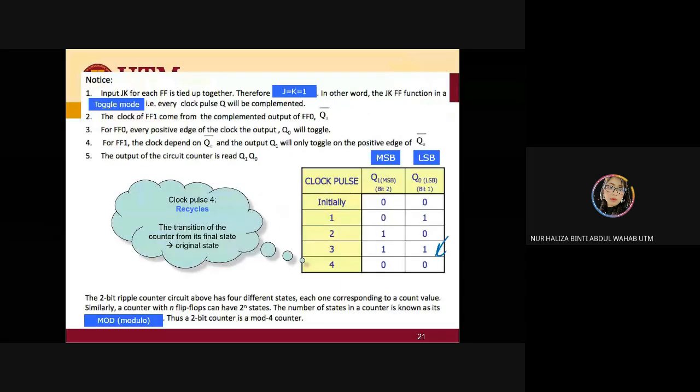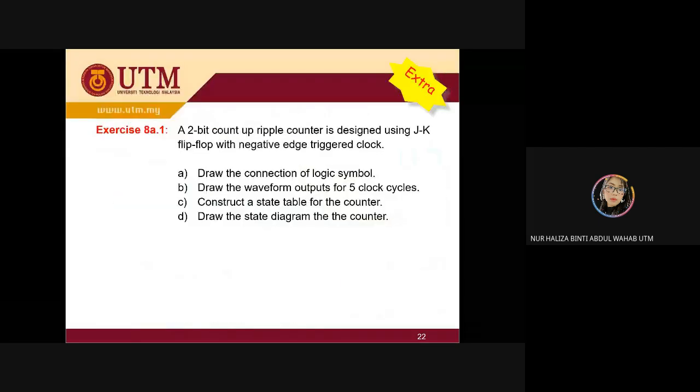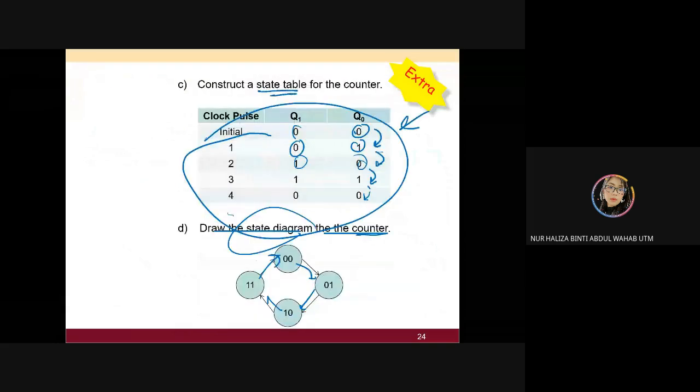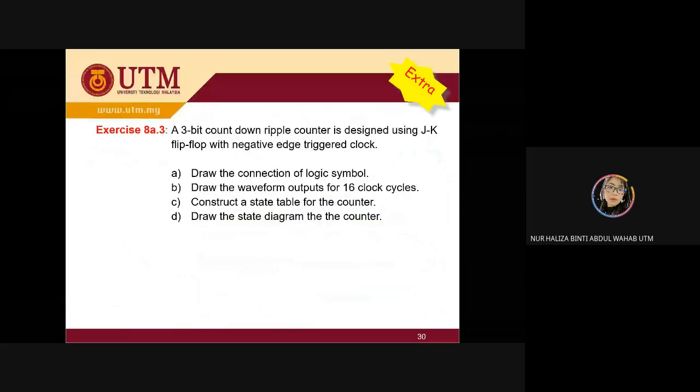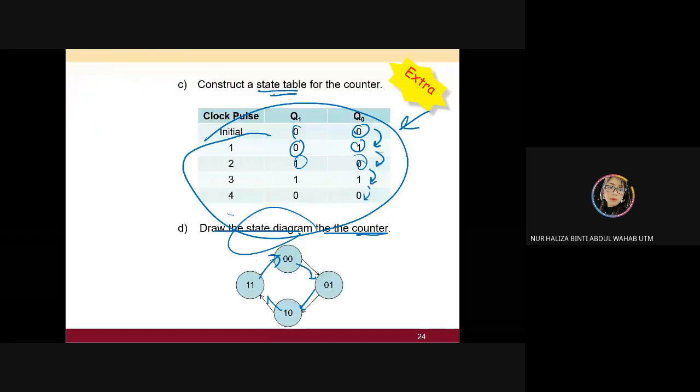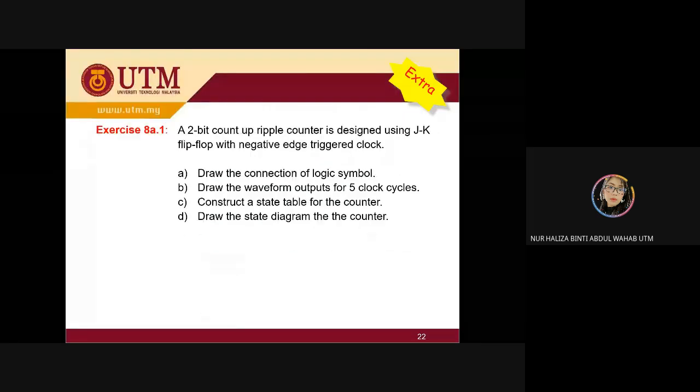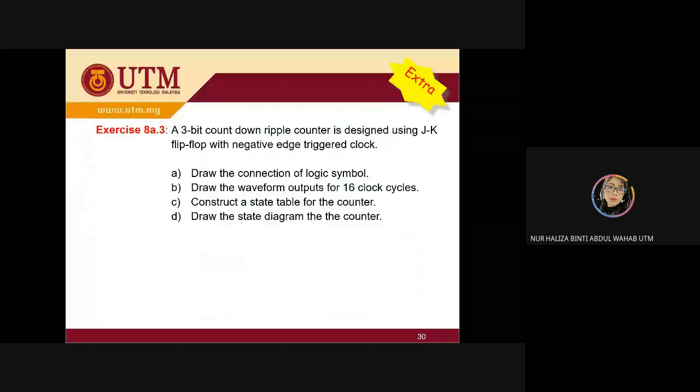So I'm going to give you another example for a 3-bit counter. But for this one, wait, it's already 2:45. Before we go to this example, I want you to conduct your